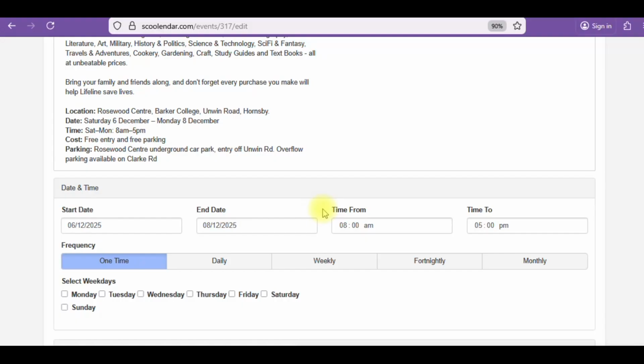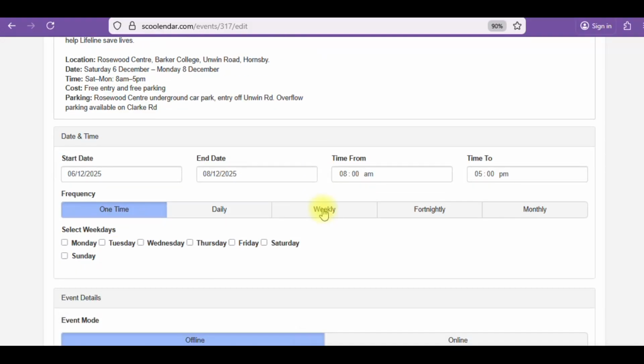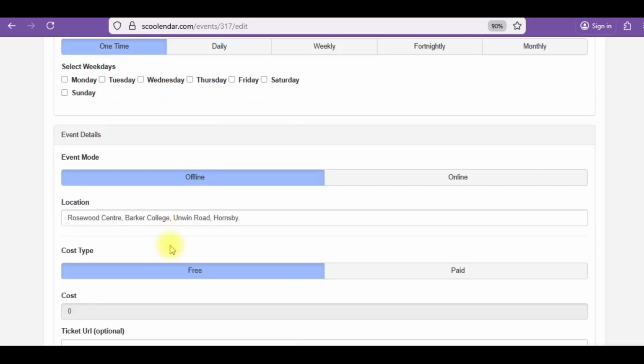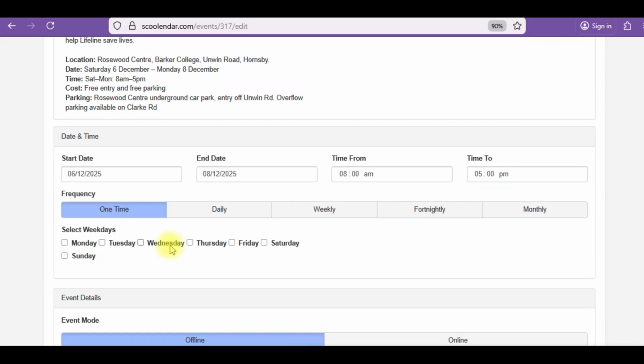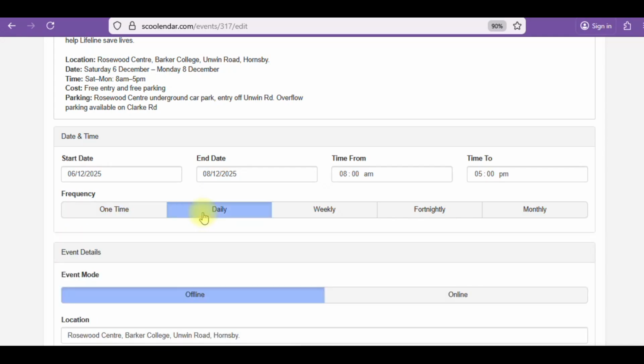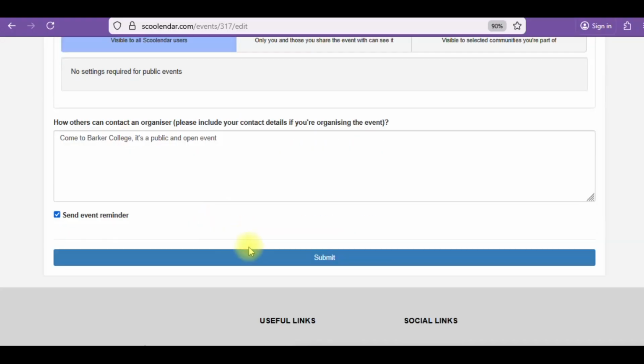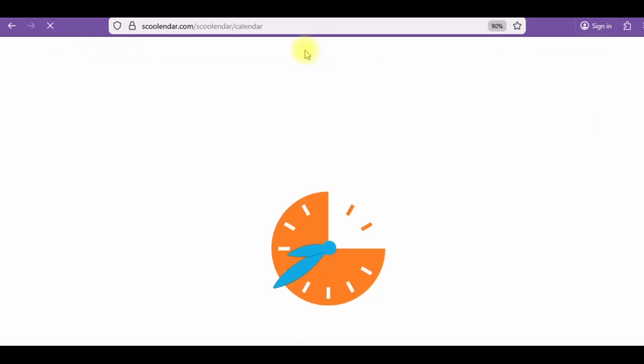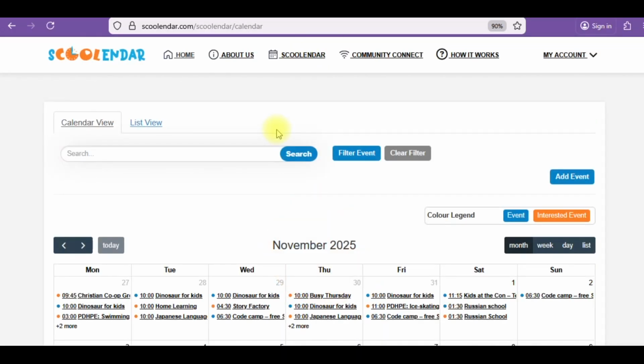And I am just showing how to edit it right now. So let us just have a look at it. Right now it was a one time event. I will change it to daily, and we already have the start date and the end date, so it should work well. Now when you click submit, you can see that green box saying that it was successful, and you